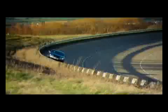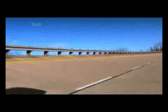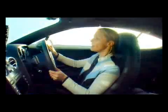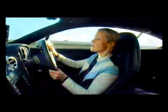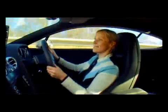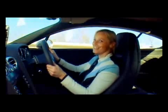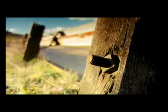145 miles an hour, 5,250 RPM. The throttle isn't even near the carpet yet. What are we pulling? 155. Oh, come on, let's do 160 and then I'll be happy. 160, 6,000 RPM in 5th gear. So I still had another gear to go. I still had more revs to go in that gear. But today, for me, 160 was enough. Thanks very much. It's absolutely beautifully